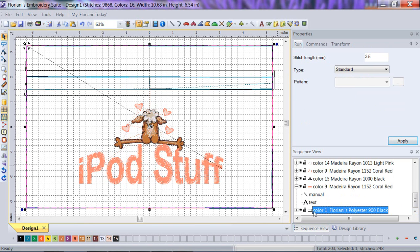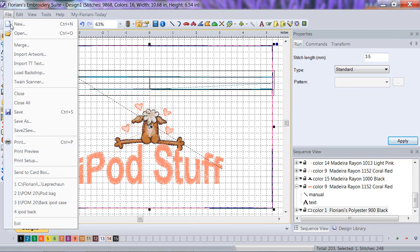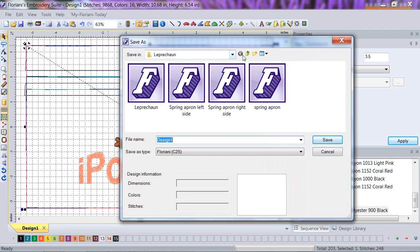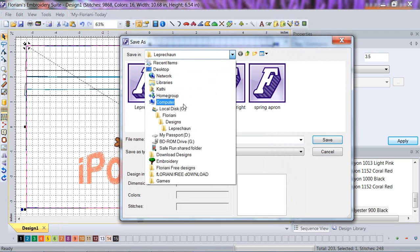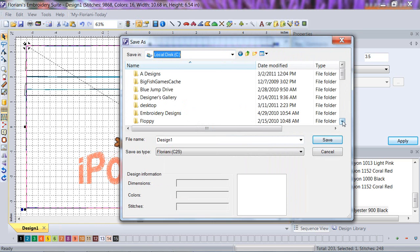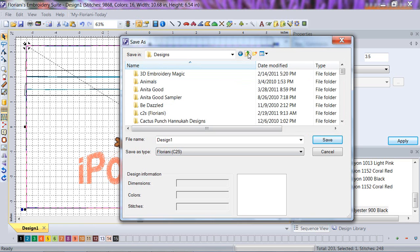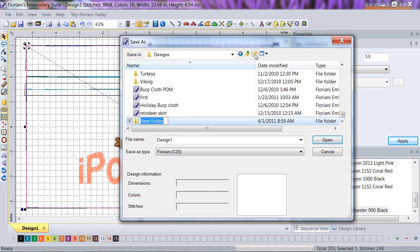But there's one more thing we want to do. Well, first of all, we're going to save it. So let's say File, Save As, and I want you to put it where your folder, create your folder, however you want to do that. I'm going to put it in my Floriani. I'm going to go to my Floriani Designs, and I'm going to create a folder. So if you notice, I've got the little picture of a folder up here where it says Create New Folder. Left mouse click on it, and I'm going to call this my iPod bag,